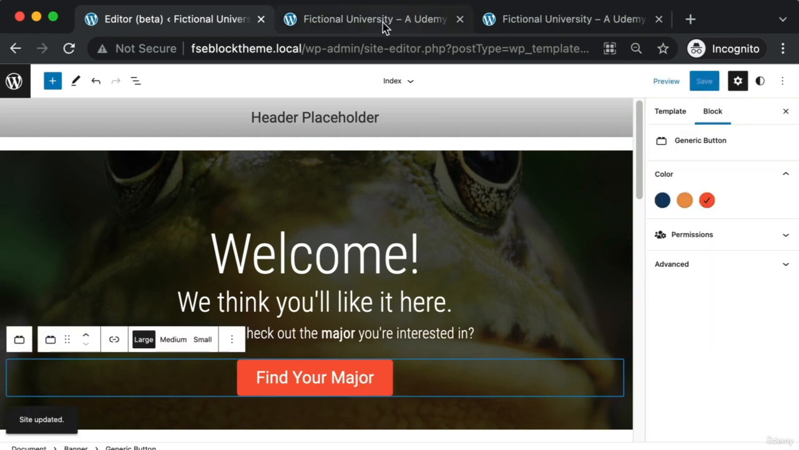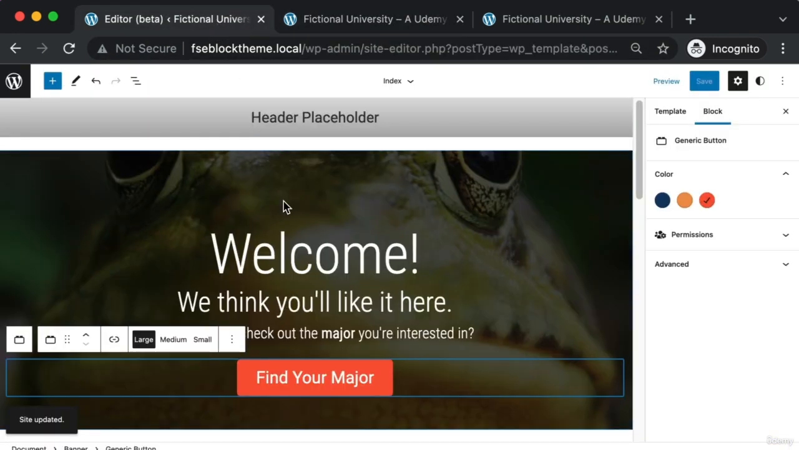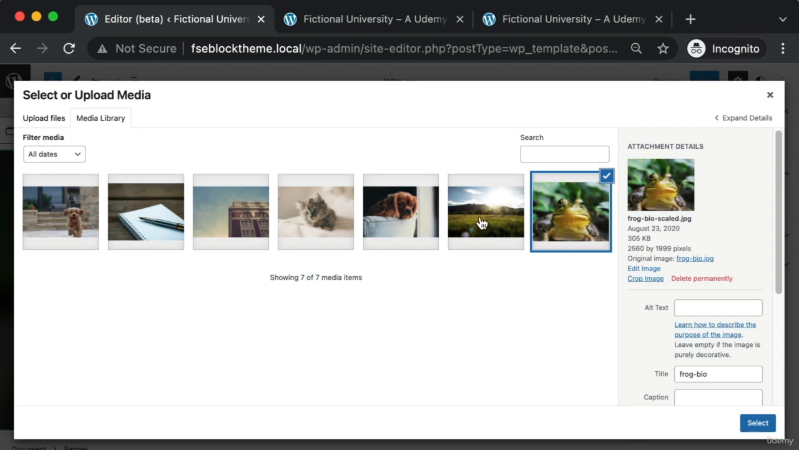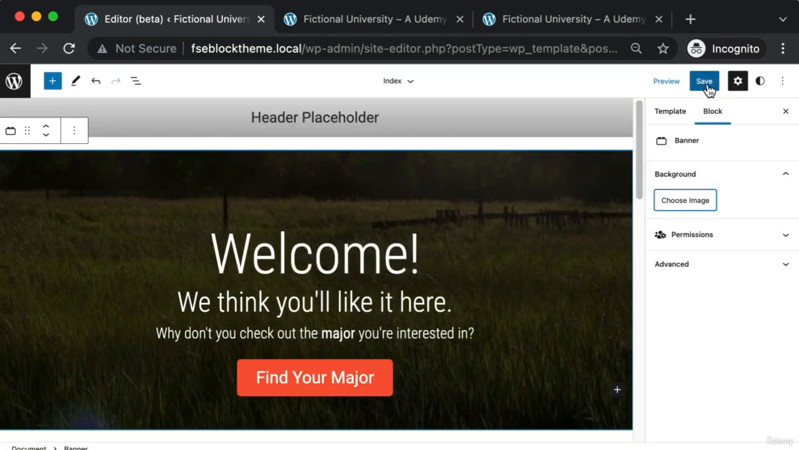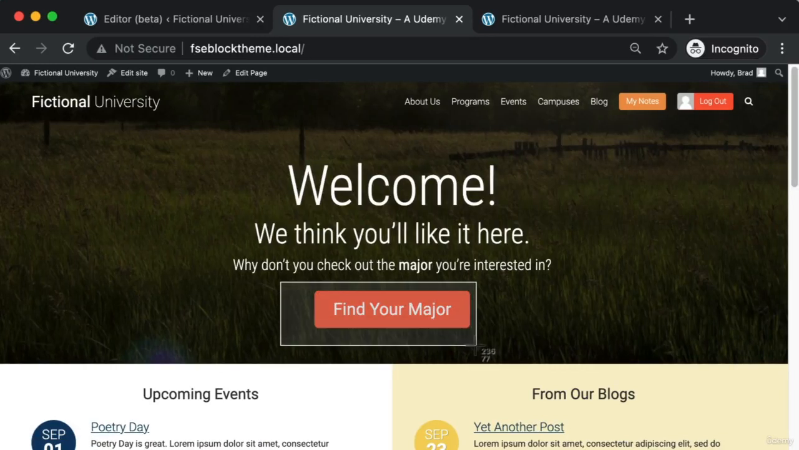Let's save this. And if we refresh the front end, cool, let's choose a different background image really quick. And let's make sure that this button actually points where we want it to. So we want it to go to